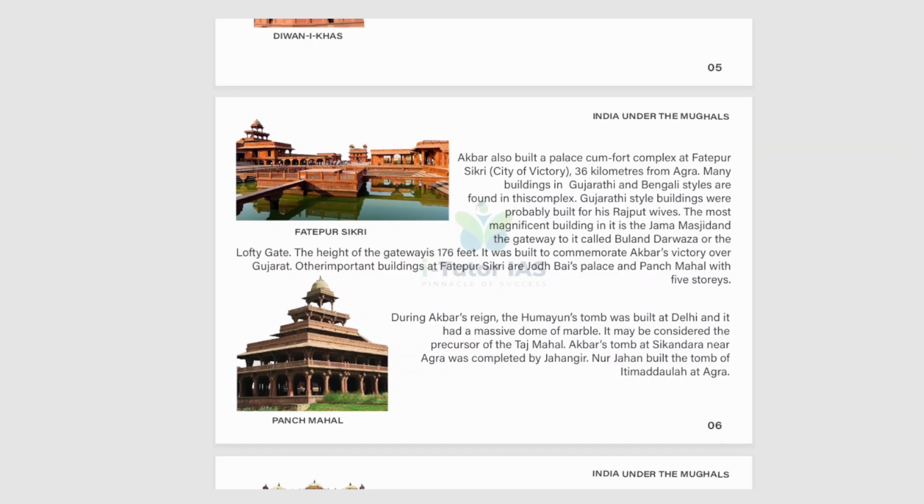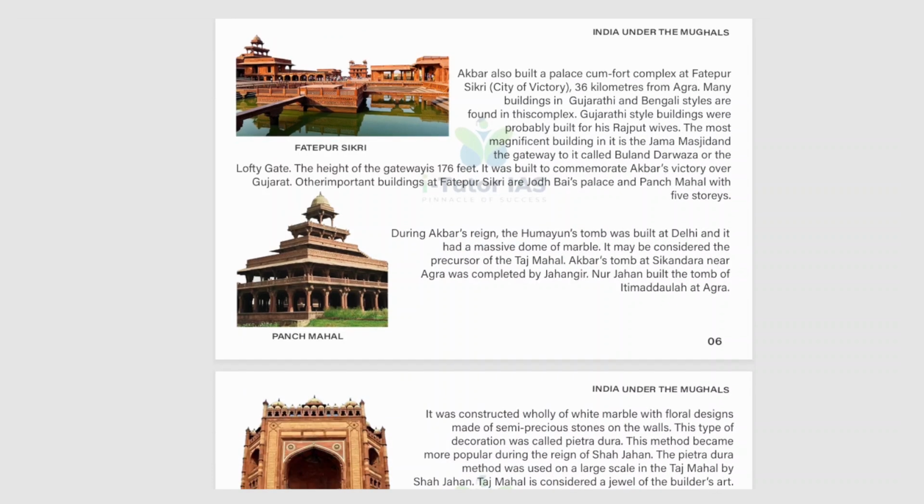And Akbar also built a palace-cum-fort complex at Fatehpur Sikri. This is the city of victory. So this is Fatehpur Sikri, 36 kilometers from Agra. Many buildings in Gujarati and Bengali style are found in this complex, and the Gujarati style buildings were probably built for his Rajput wives. And the most magnificent building in it is the Jama Masjid, with its gateway called the Buland Darwaza,